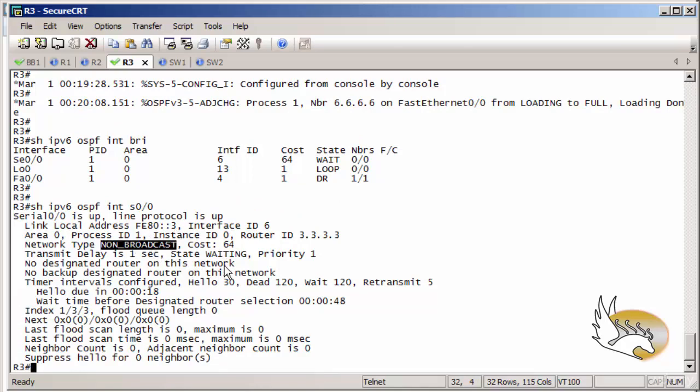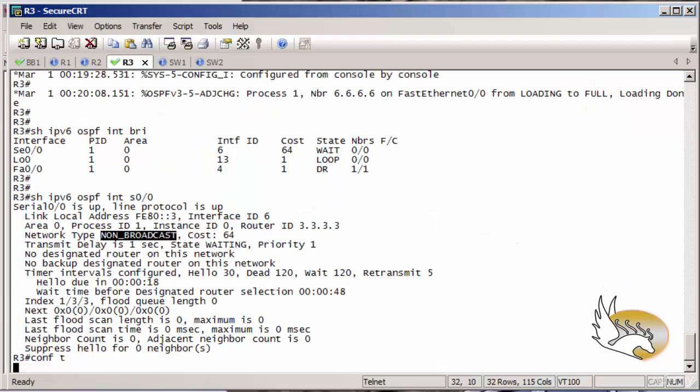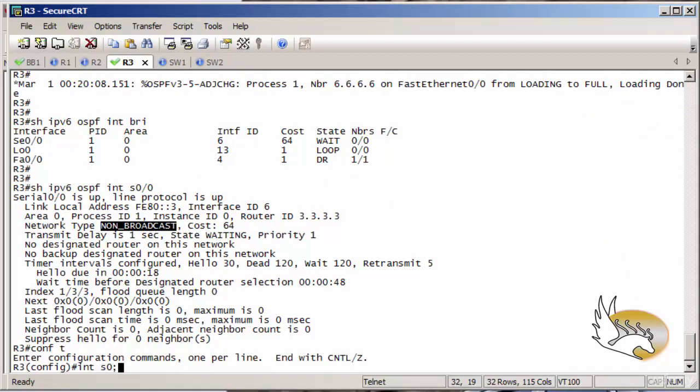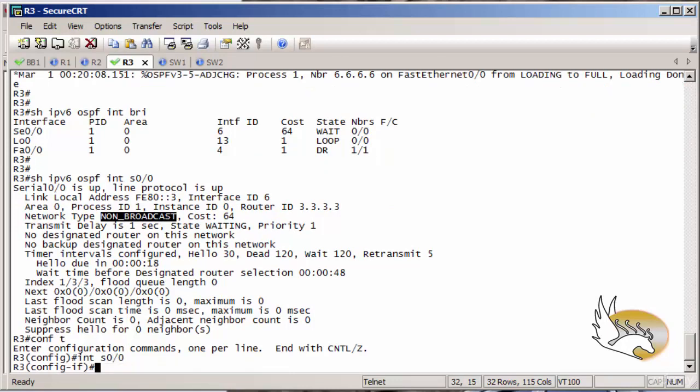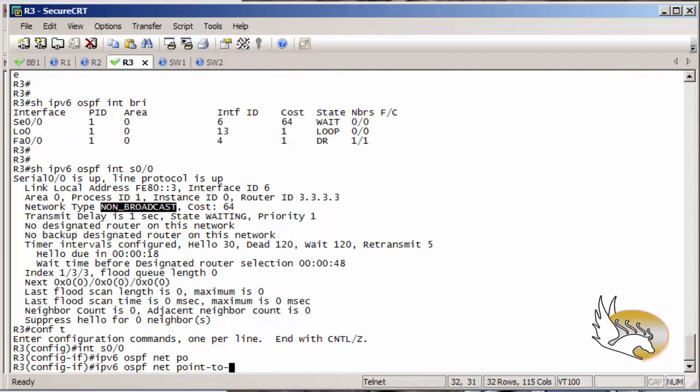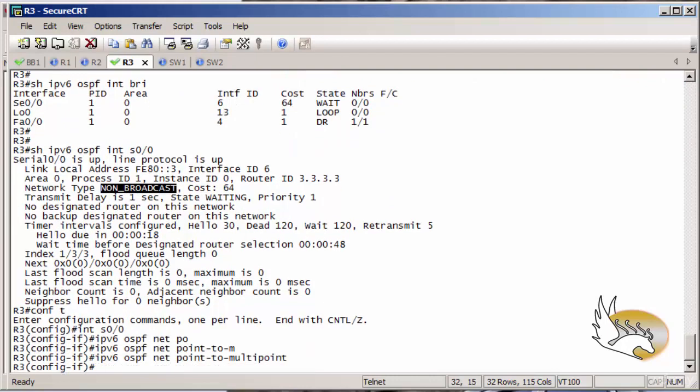That means either I need to change the network type or I need to assign neighbors manually. I prefer to change the network type to point-to-multipoint, and if I do it on router 3, that would be enough. Interface serial 0/0,